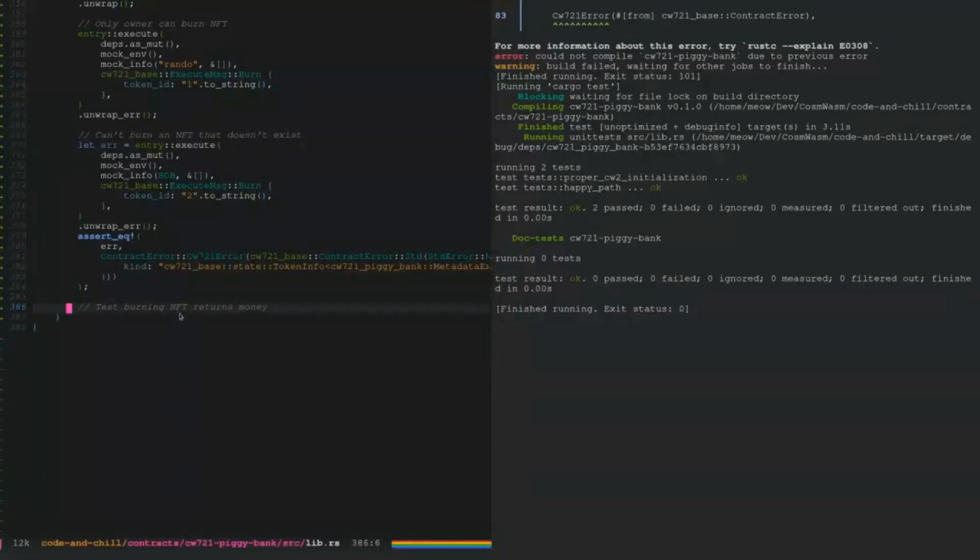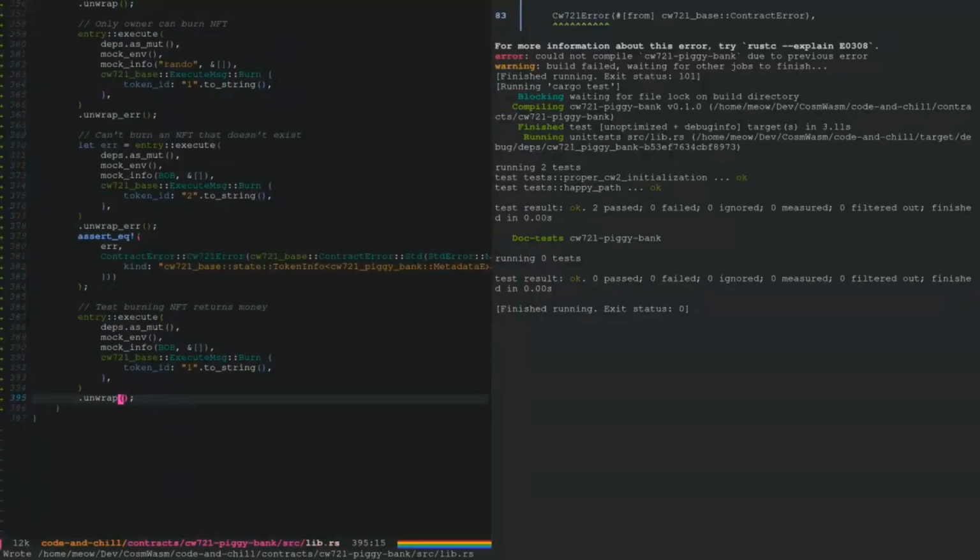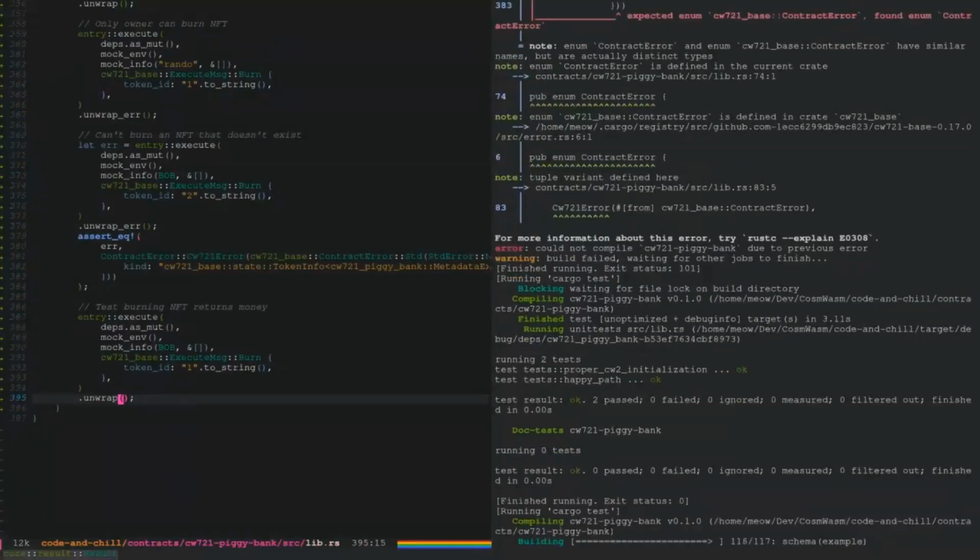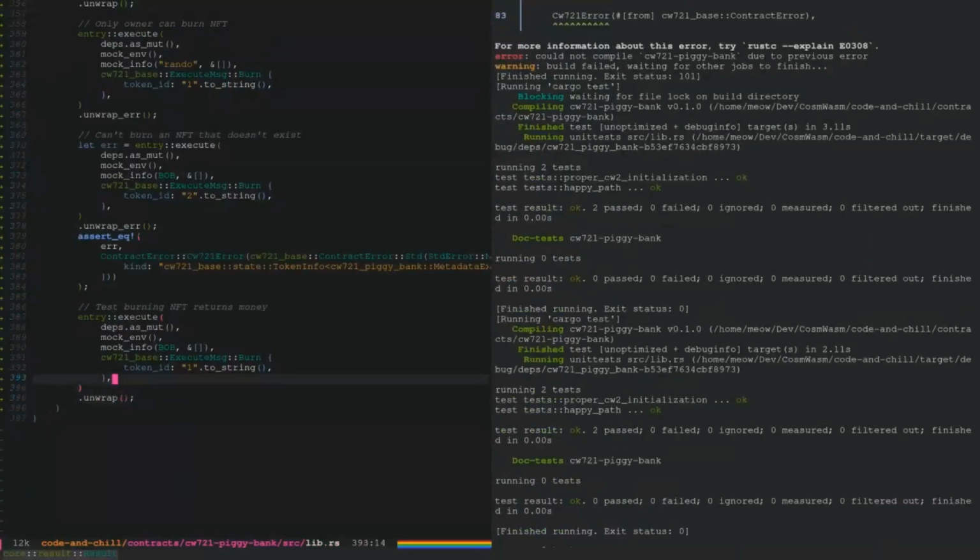Cool. All right, so let's test burning this NFT and making sure it returns the money. This time we're gonna have Bob burn it, and he's gonna burn a token that actually exists. And we're just gonna unwrap it. So this should succeed. Yes. Oh my gosh, we did it. Our contract works. But did it work? How do we actually make sure